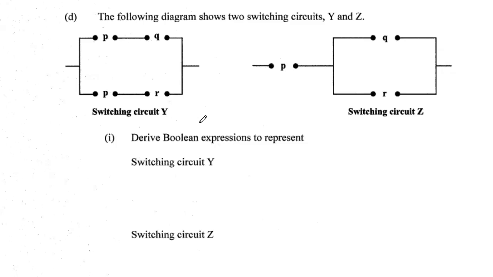Part D of question 1. The following diagram shows two switching circuits, Y and Z. So Y, we have the circuit Y over here. We have a circuit Z over here. Derive the Boolean expression to represent the switching circuit for Y. So if we look at Y,